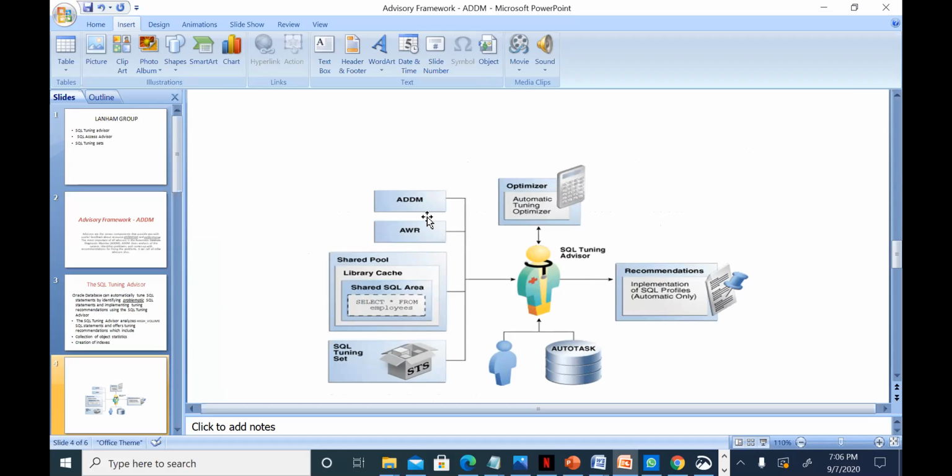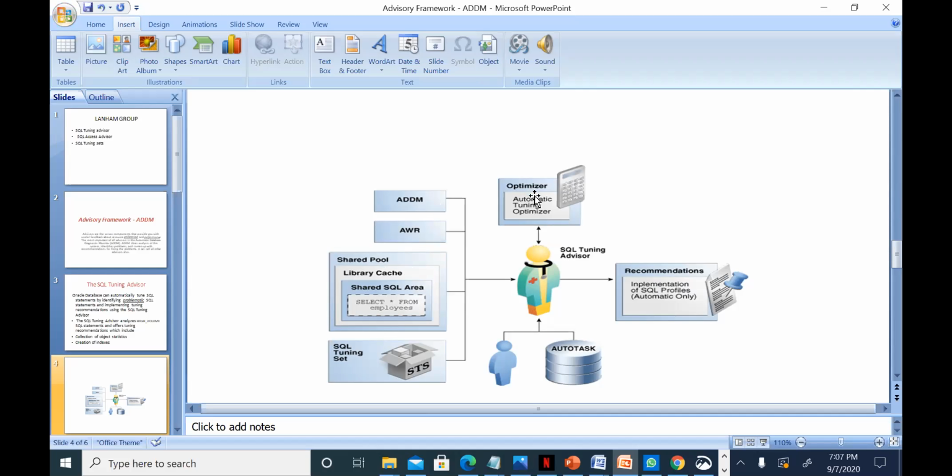It receives either an individual SQL statement or a set of SQL statements, either from SQL tuning sets, from the AWR report, or from the ADDM. Or it can also take SQL statements from the shared pool, such as the library cache and so forth. So basically, it collects a bunch of SQL statements or an individual SQL statement,